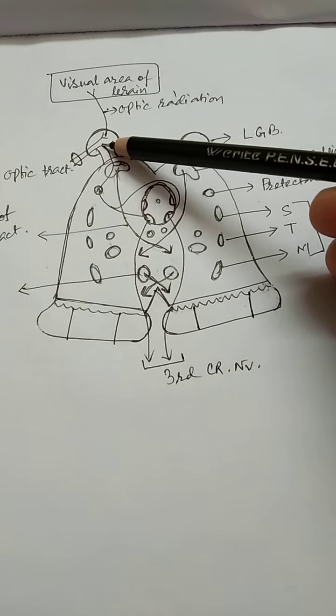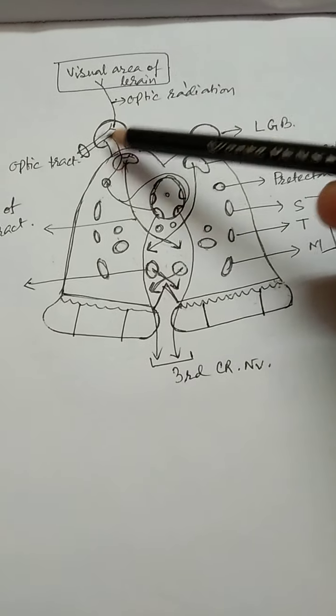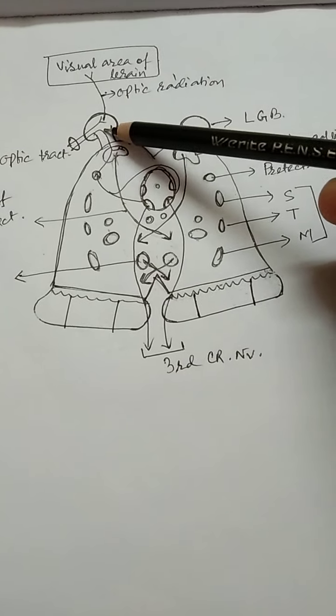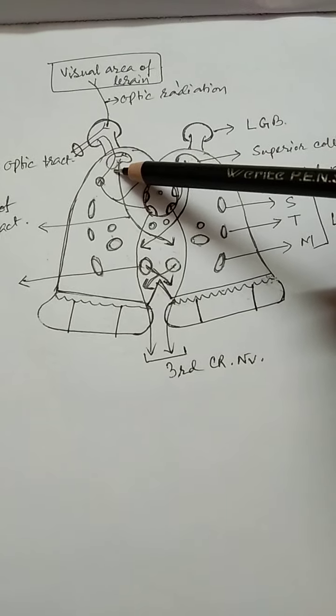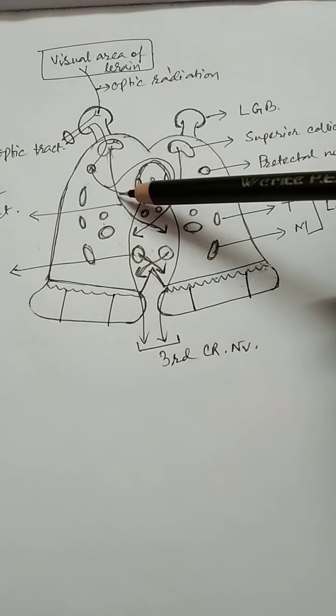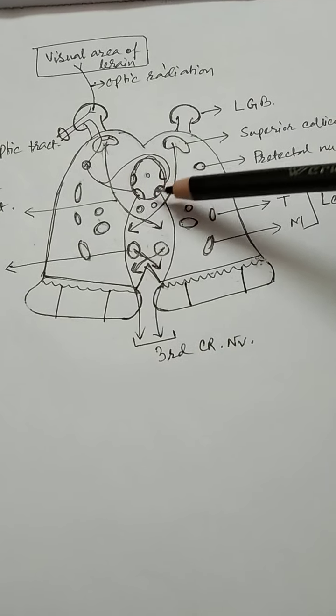So what is the fate of the optic radiation fibers? The majority, from the thalamus, form the optic radiation. A few fibers relay in the superior colliculus. Then the second order neuron from the superior colliculus, the fibers go in front of, or ventral to, the central canal and the central gray matter at the level of the superior colliculus to form the tectospinal tract.